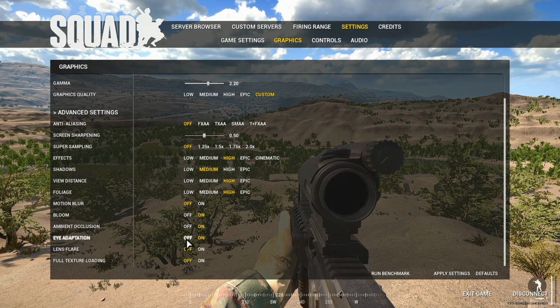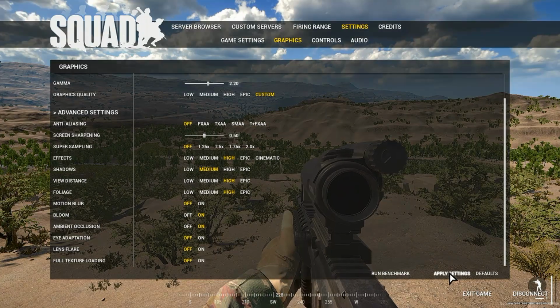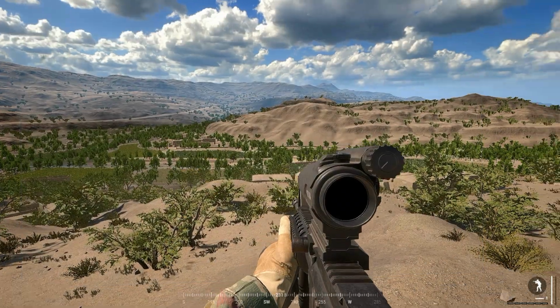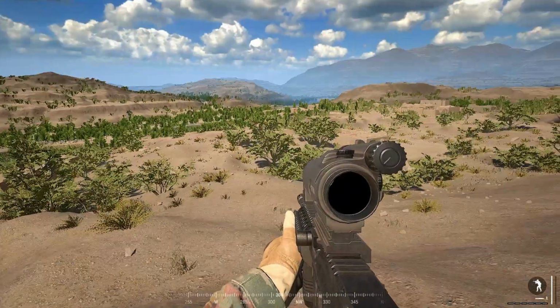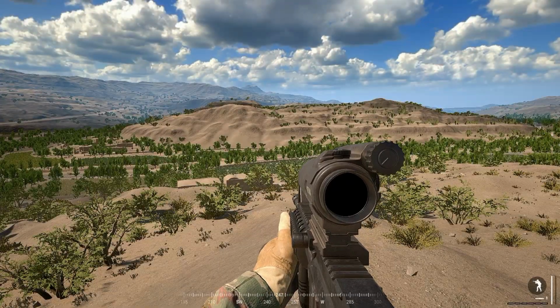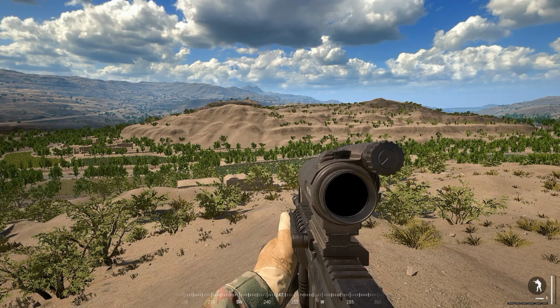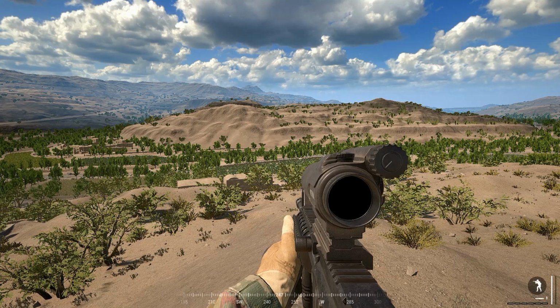The big one here is eye adaptation. Now if you turn that off, you see it gets considerably darker. Considerably darker. If you're playing competition settings where you have to have your gamma settings 2.2, it puts you at a big disadvantage to have eye adaptation off. But